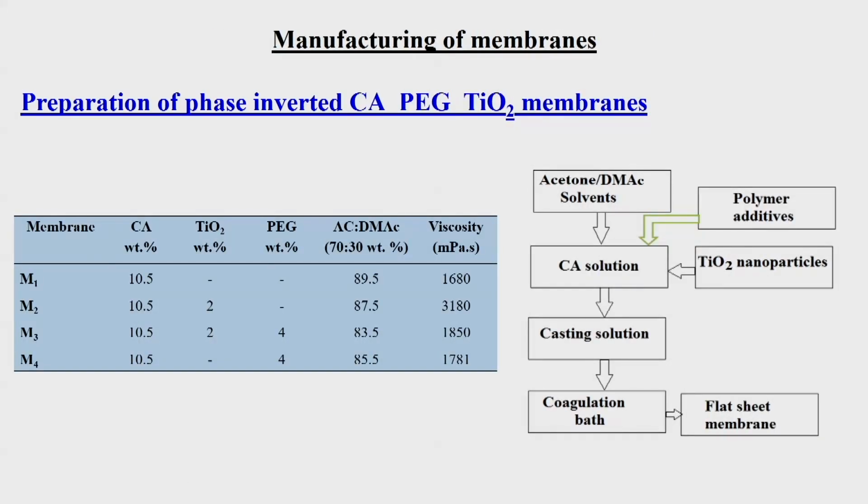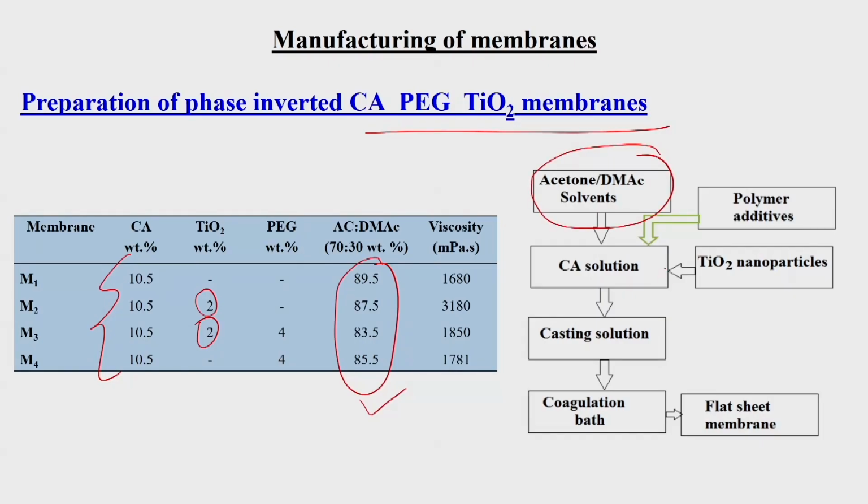So now, sometimes a phase-inverted cellulose acetate PEG TiO2 membrane can also be formed. In that case, TiO2 will be added during the dissolution of cellulose acetate in acetone and DMSO. Then we have an acetone DMSO solution, and in the cellulose acetate solution we need to put some polymer additives like PEG or PVP,